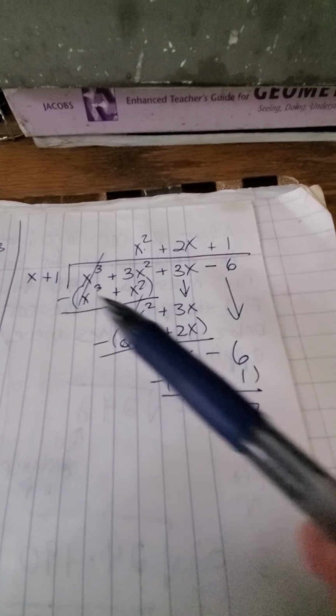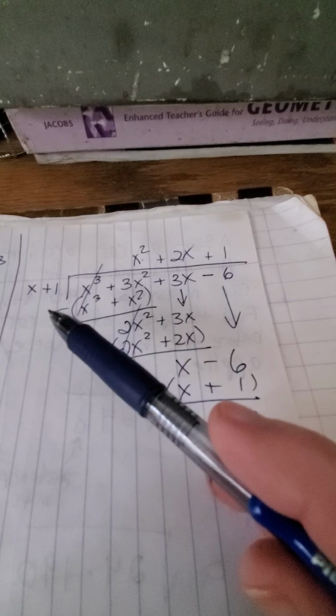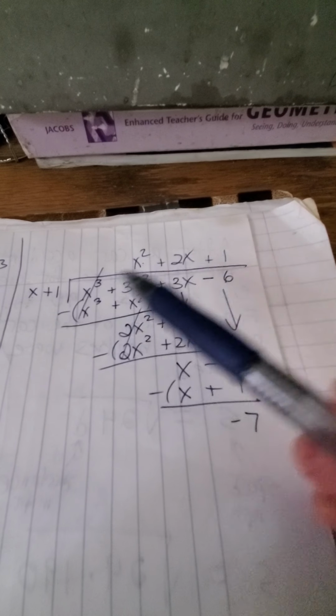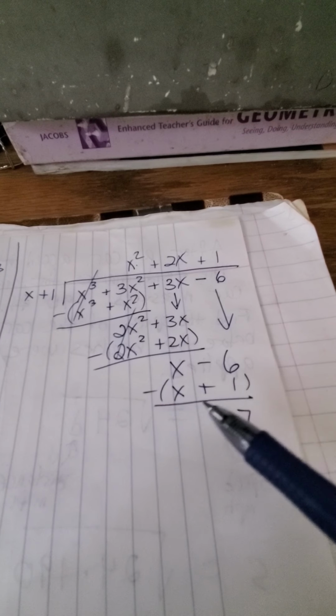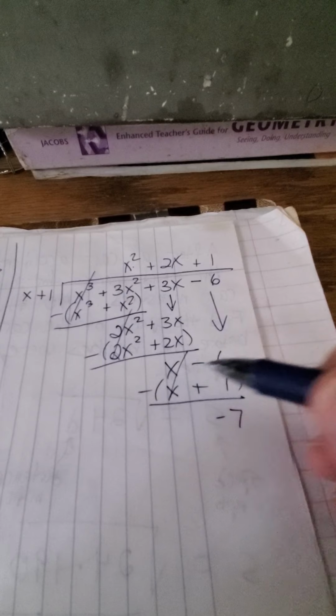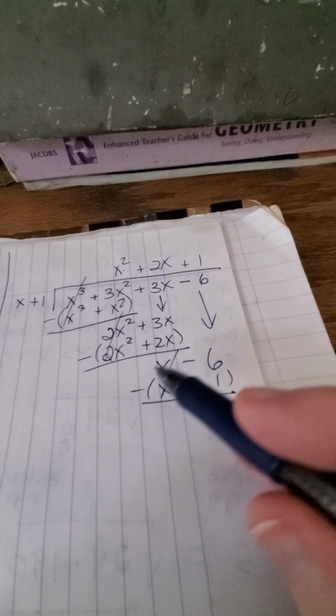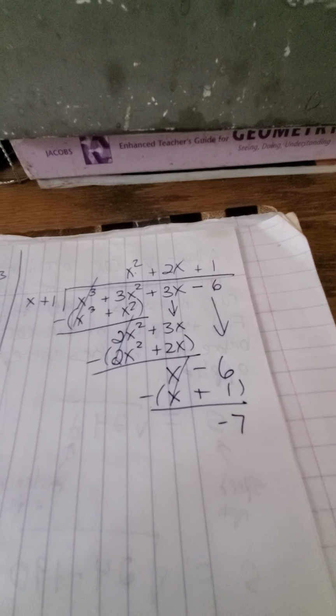I start with the first terms. What times x will give me x? Well, the answer is 1. I multiply 1 times x, I get x. I multiply 1 times 1, I get 1. And that's my number down here. Now I subtract the entire quantity. The x minus x, of course, cancel. That was my evil plan. Negative 6 minus 1 is negative 7, which gives me a final answer now of